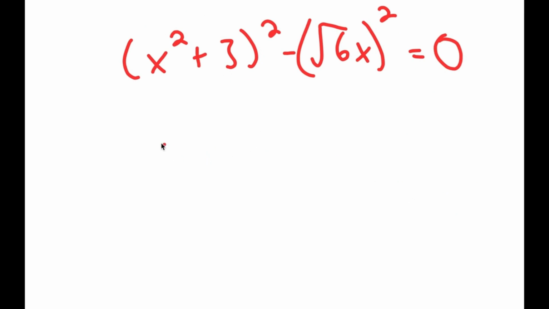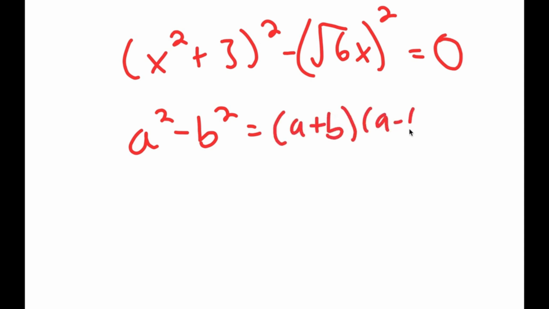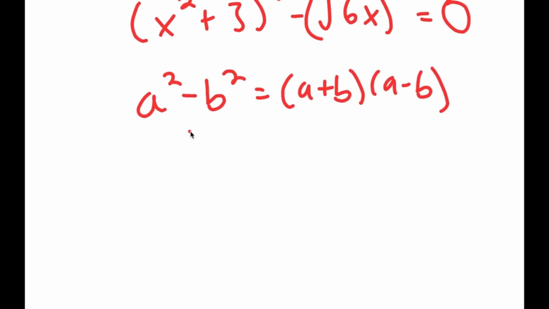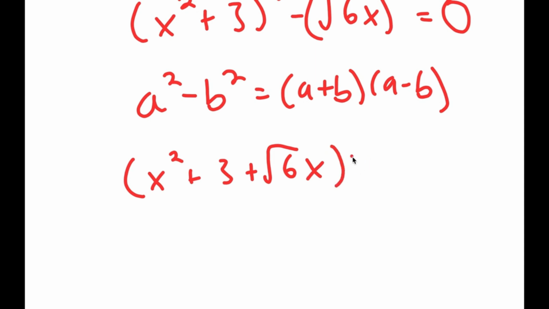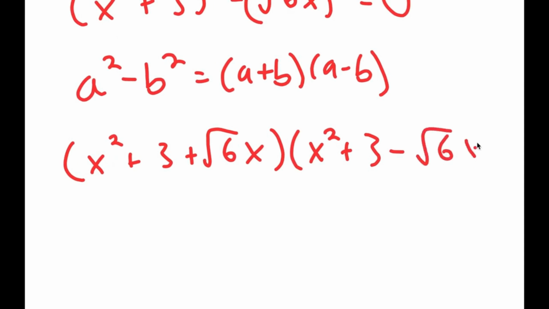And the reason I did that is because now I can use the property a squared minus b squared is equal to (a plus b) times (a minus b). So in this case, this turns into (x squared plus 3 plus the square root of 6x) times (x squared plus 3 minus the square root of 6x)